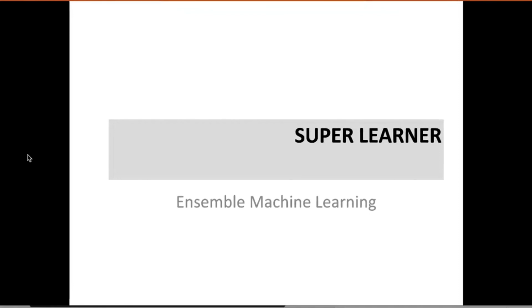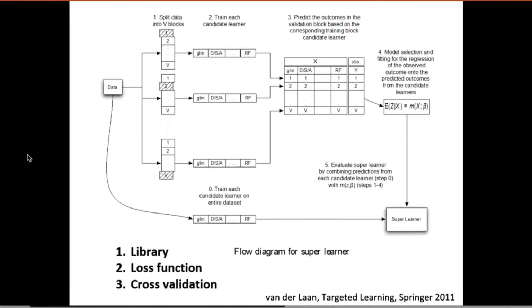So next slide. The very generic description of the superlearner, and I will go quickly through that since I'm sure that you all know the principles, is that you're essentially using a library of algorithms that may contain either parametric or non-parametric models. We're using a loss function to quantify the performance of each one of the algorithms in the library. And in our estimation of the performance of these algorithms, we're using cross-validation. So at the end of the day, the nice feature of that is that we're able to rank the algorithms based on an honest risk estimation.